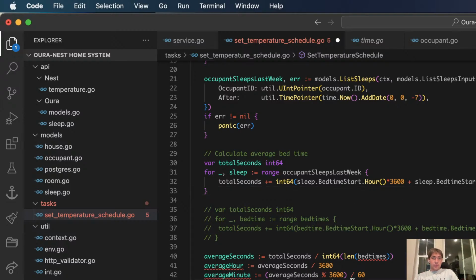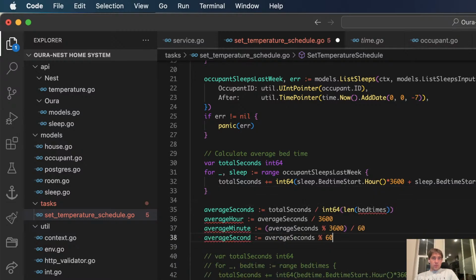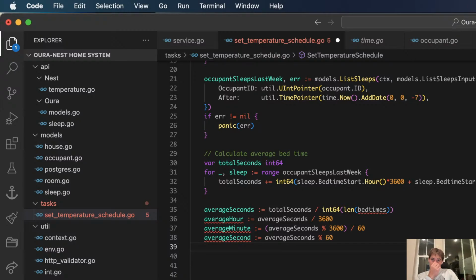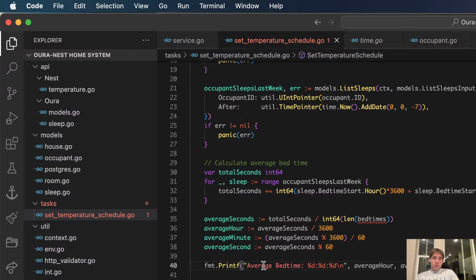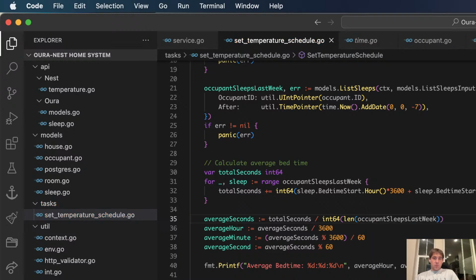And then average bedtime at 7:22. That's not right.